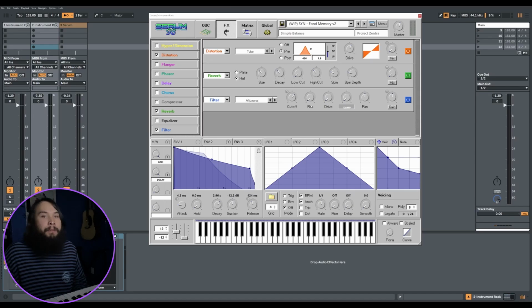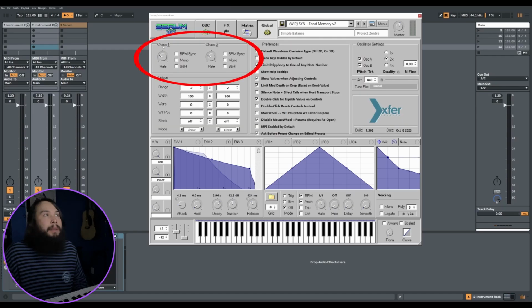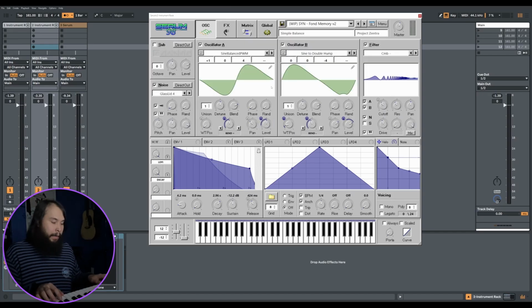And really, if you were clever enough, you can achieve that with a lot of these effects, including chorus, phaser, flanger, hyperdimension. Any of those effects that can have an effect on your source's pitch can be automated to then abuse that in a beneficial way when you use Chaos, which is over here. I don't know if you ever use it, but Chaos 1 and Chaos 2 are in the global tab, and essentially they're just noise oscillators, which can be extremely useful. So anyway, with the lo-fi enabled,